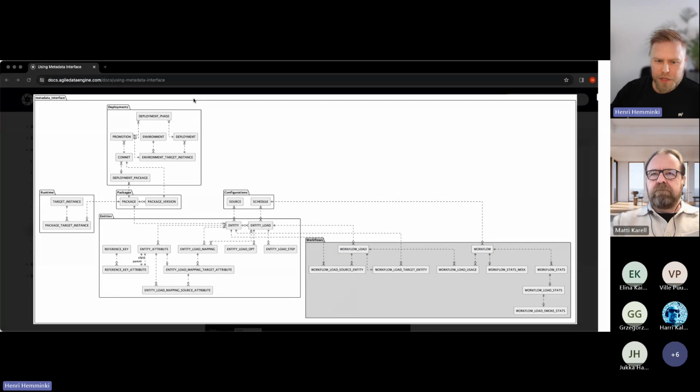There's a pretty good picture on the ADE documentation page about the metadata content, which can be fetched with the external API. That's really thorough, in my opinion, about what's there. And we'll get back to this picture once we start querying the actual metadata from the instance.